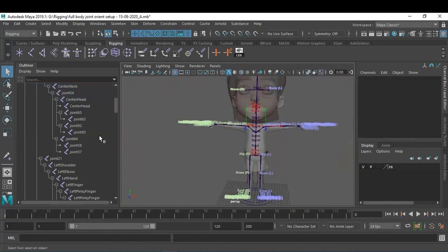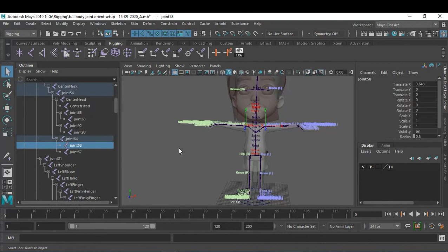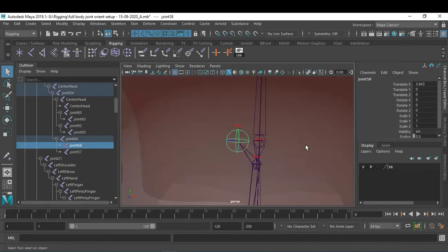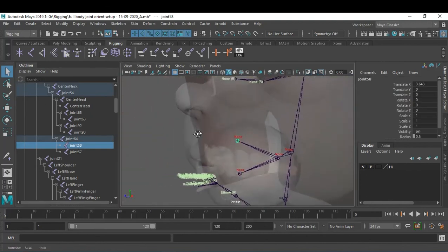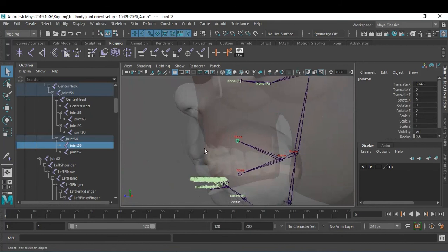Then just check that all the joints are renamed properly. Whatever is not renamed, we just write the name. You don't have to write each and every one. For center joints, we don't have to do anything. Left, right, just simply give the name.